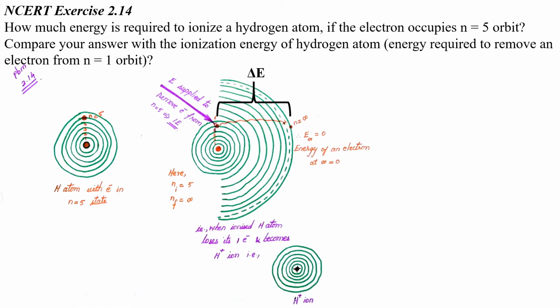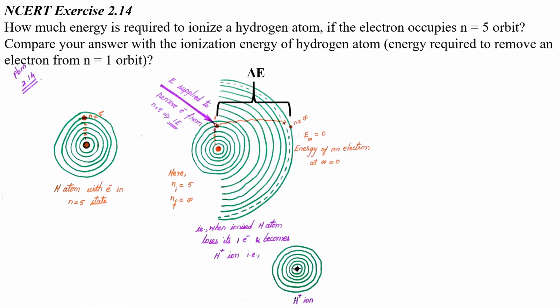Now, look at the second diagram. As you know, each orbit of an atom has a particular value for its energy, or in other words, the energy of each orbit is fixed and has a particular value. As you see in the diagram, the electron in the fifth orbit has a particular amount of energy. Now read the first sentence of the question again.